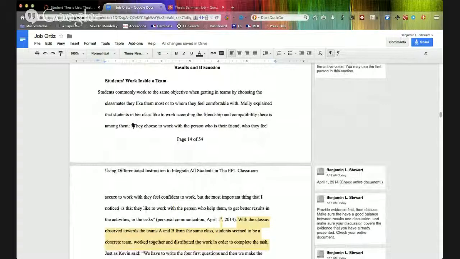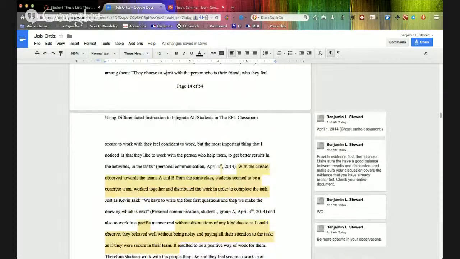Now notice here, this is the topic sentence: students commonly work towards the same objective when getting in teams by choosing the classmates they like most or to whom they feel more comfortable. Right? So they choose to work with a friend, so they feel secure. All right. Now, as Kevin said,